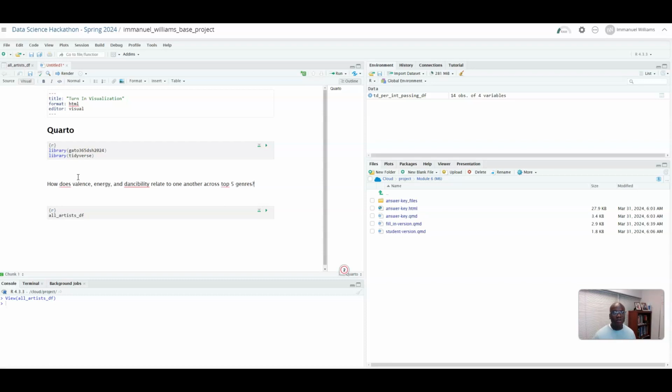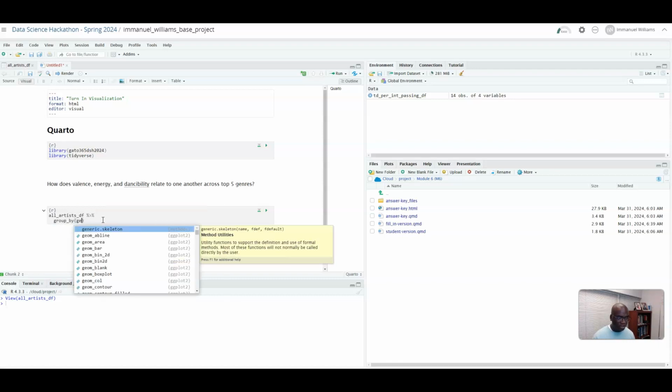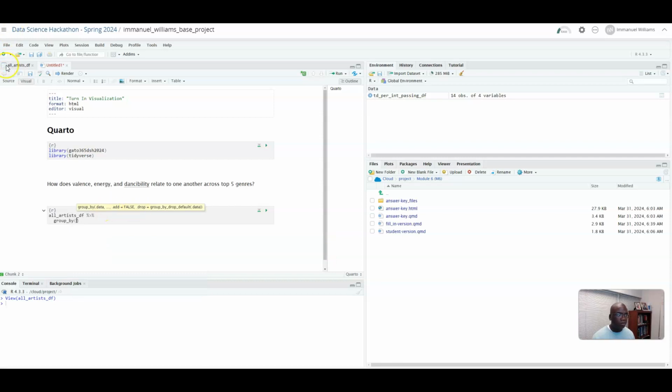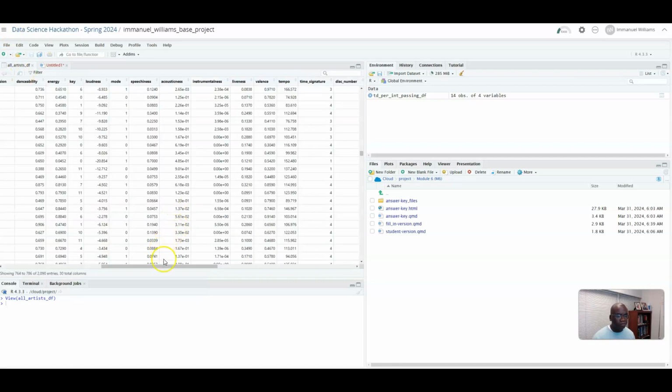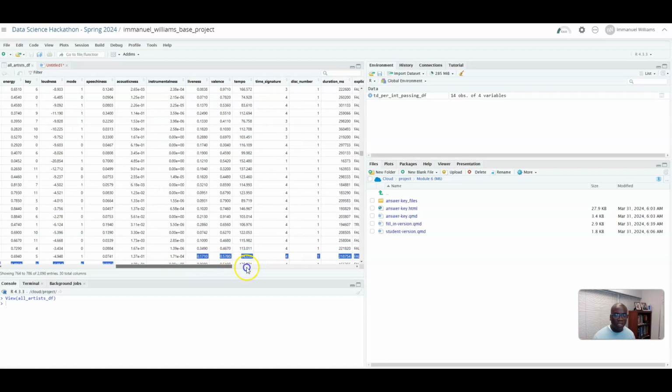So in order for us to answer this question, we kind of have to do a couple things first, at least 1 or 2 things first. Oh, look at that. It's nice. It's helping me out with my spelling. I need to figure out, look at the top genres first, and then I can look at the relationship. So let's do that. So here, I'm going to group by, I believe genre is a variable. I could be wrong. I might change my question if I don't have access to genre. I think that would be a good variable to keep.